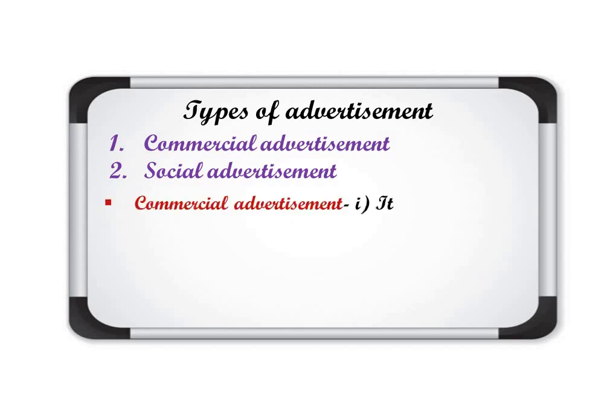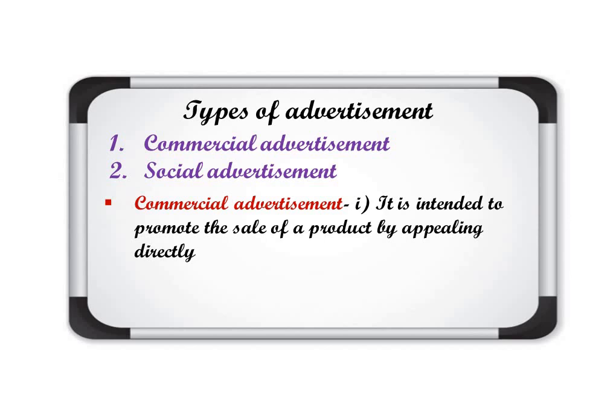Number 1, commercial advertisement. It is intended to promote the sale of a product by appealing directly to the public. So in commercial advertisement they are directly appealing, giving the different articles, different things to the consumers. They are appealing to the consumers directly towards their product so that they can get the profit. So that is basically intended just to increase the sale of the product. Number 2, it is based on profit. Obviously, because this type of advertisement is done to increase the sale of the